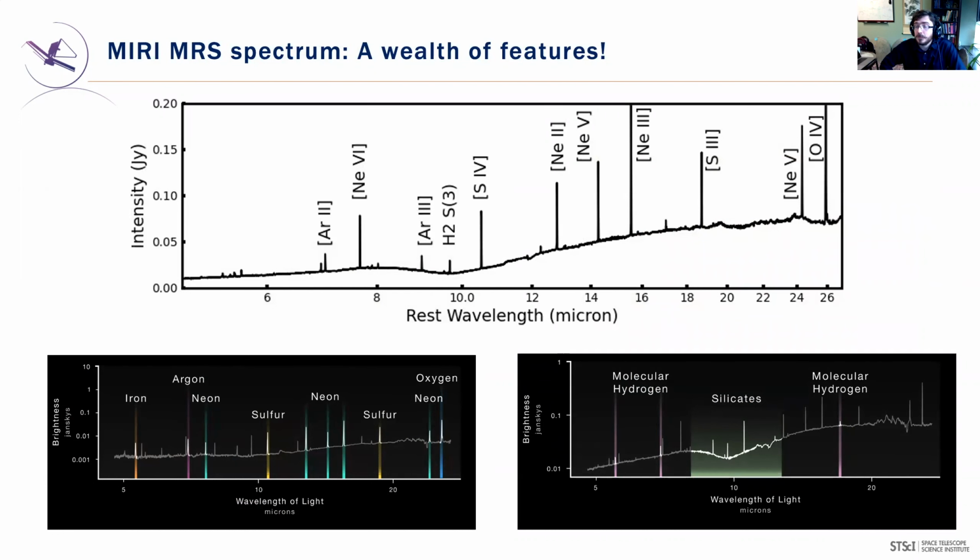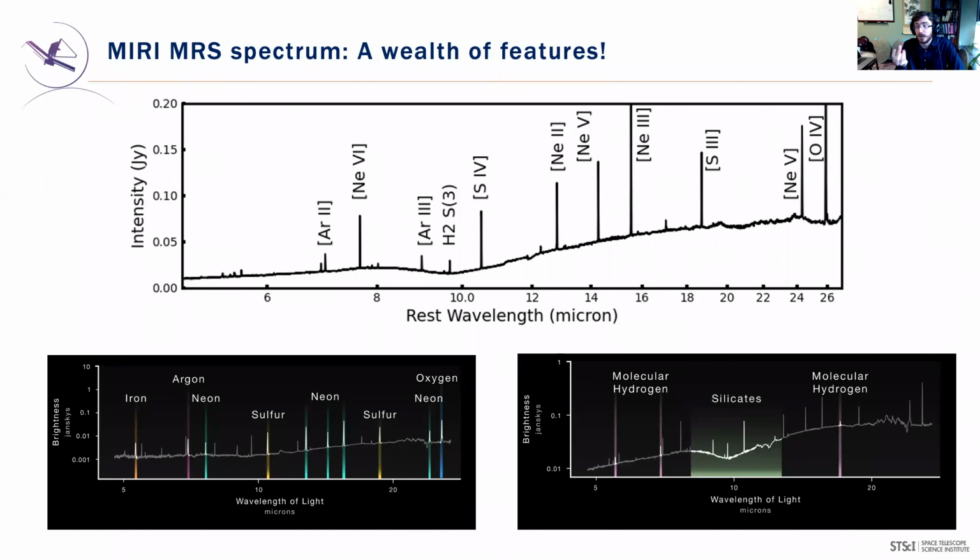We could see a wealth of features popping up from the central regions of this AGN. One of the things that's particularly exciting going forward is that we've got the spectral resolution where you can see narrow emission features like all of these ionized gas lines. Those now stand out as super narrow features that you can do kinematic analyses of. You can measure the width, and it's not telling you about your instrument. It's actually telling you about the kinematics in the object itself.